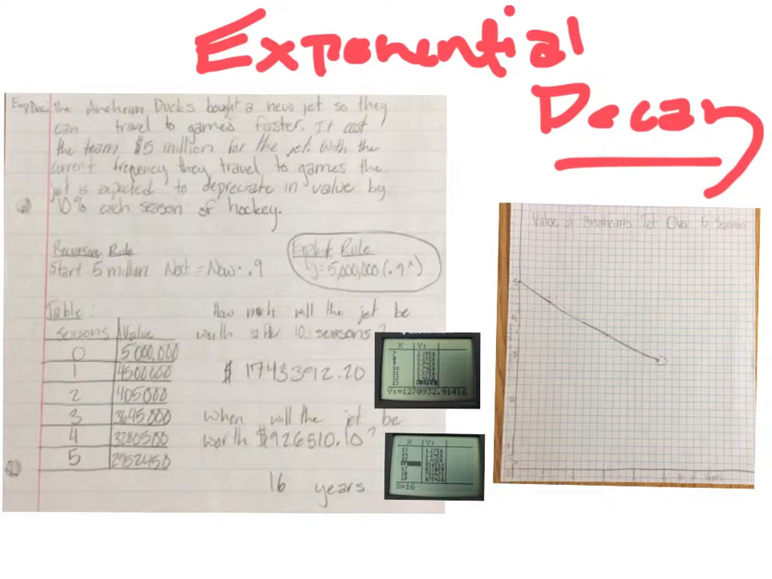The Anaheim Ducks bought a new jet so they can travel to games faster. It cost the team $5 million for the jet. With the current frequency they travel to games, the jet is expected to depreciate in value by 10% each season